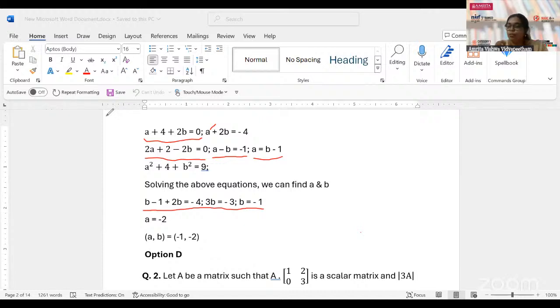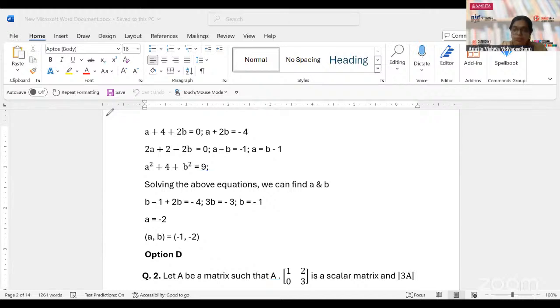You have to be prepared that these types of questions also come. Even the easiest ones that you feel really comfortable with also come in the examination. And here, sign is something that is very, very important. So I hope this question is clear to all of you. Can we move forward?